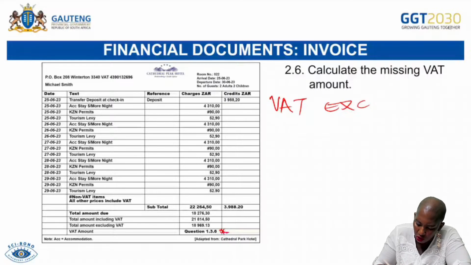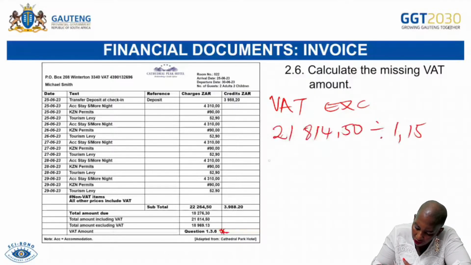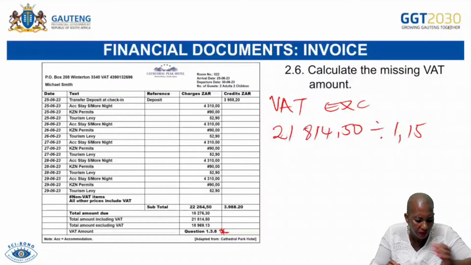So this VAT amount, you can determine it by determining the VAT exclusive. So our VAT exclusive now will come from this 21,814 rand 50, and then I just divide it by 1.15. It will give me